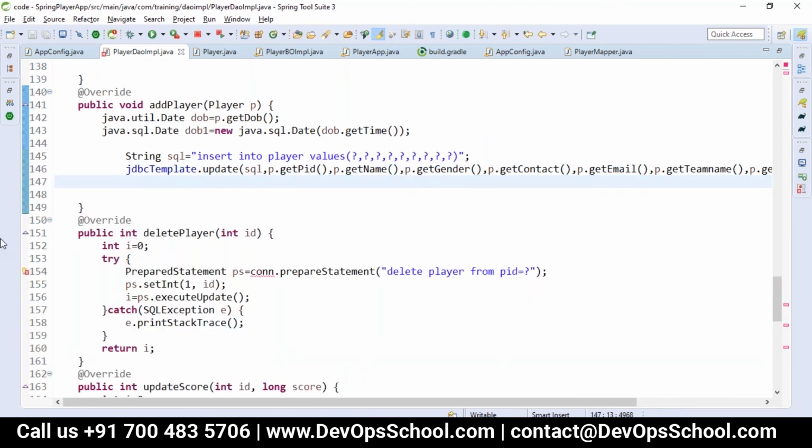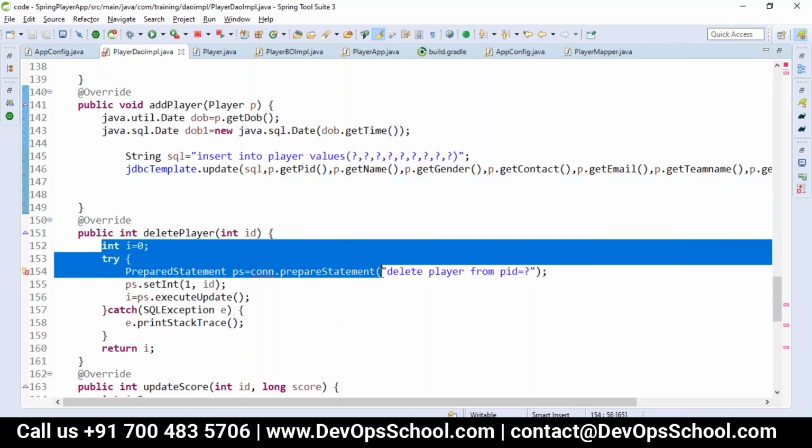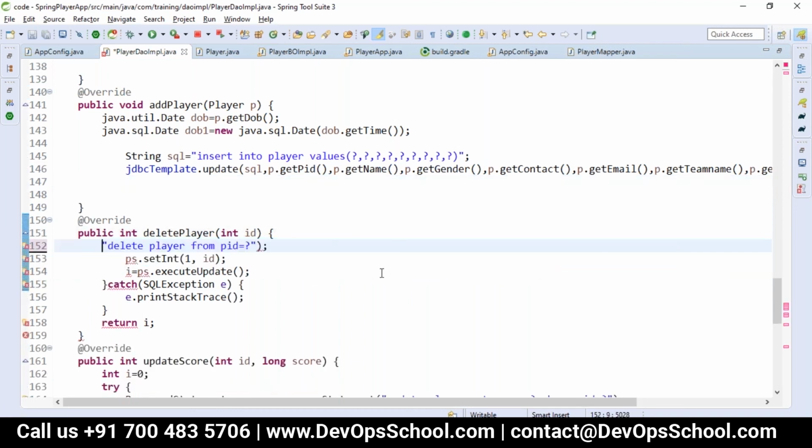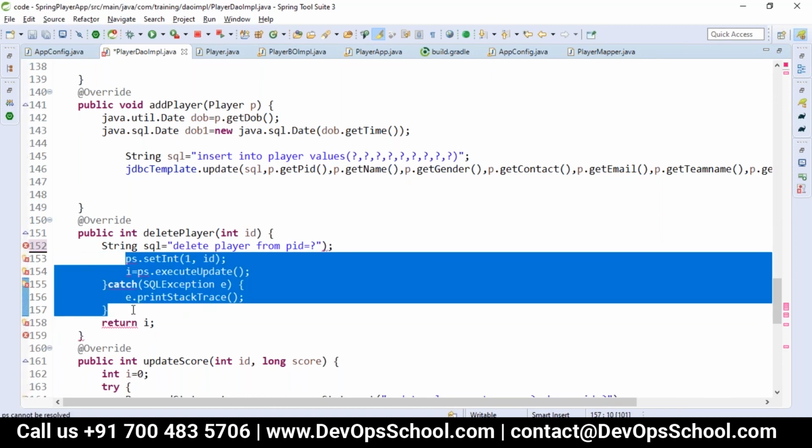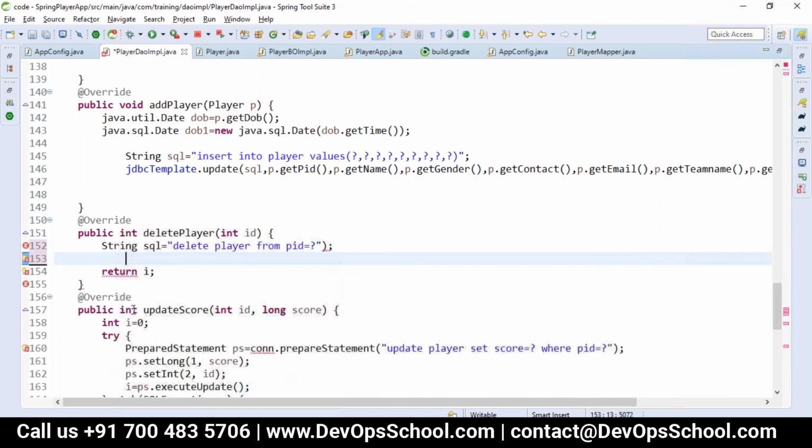So that's what we have done for adding. Same way, whatever you do for this, you will have a delete statement as well. It does not return anything, so I'll just return one instead of changing my return type everywhere.